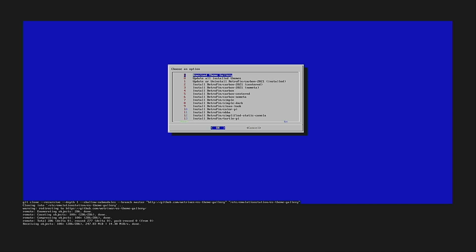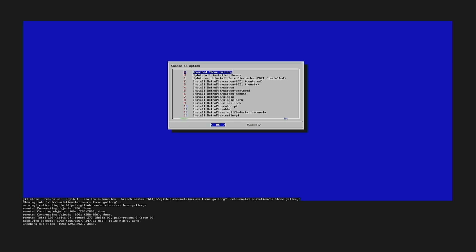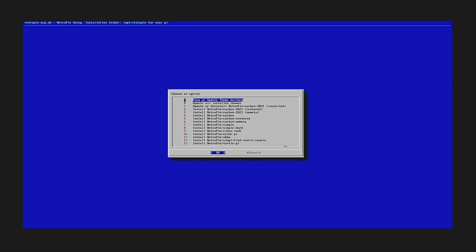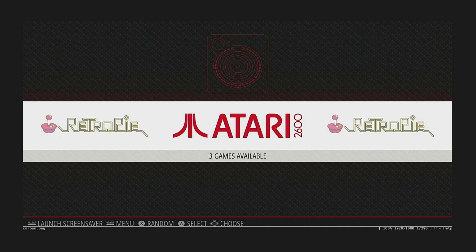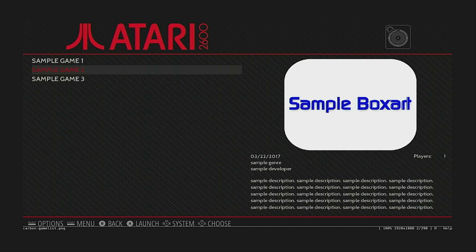Now, once that's done, you're going to see that this window is going to change, and we're not going to have download theme anymore as an option. All right, so now, as you can see, there's no longer download theme. It now says view or update theme gallery. So we're going to click on it again, and we're going to click on the first one where it says view theme gallery. Okay, so when you hit it, don't get freaked out and be like, oh my God, I'm just back into my... No, you're not. This is going to start scrolling through all the different themes that were on that list,